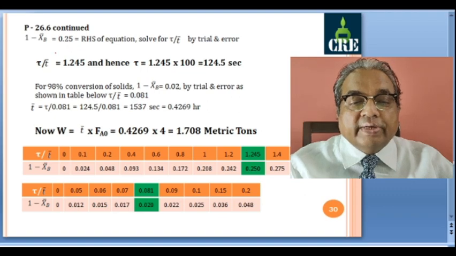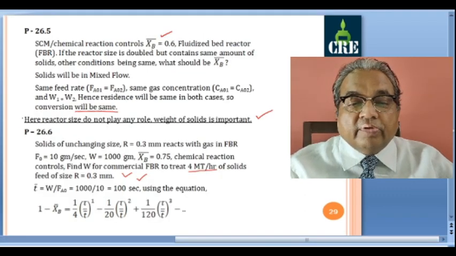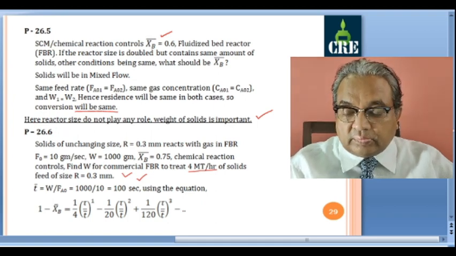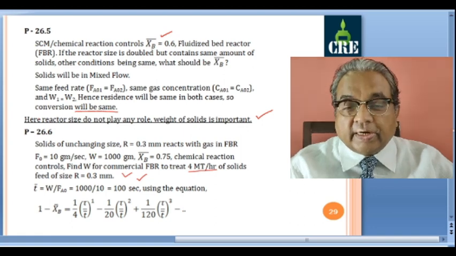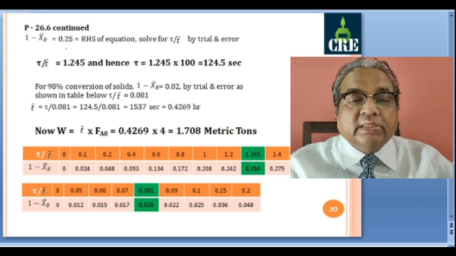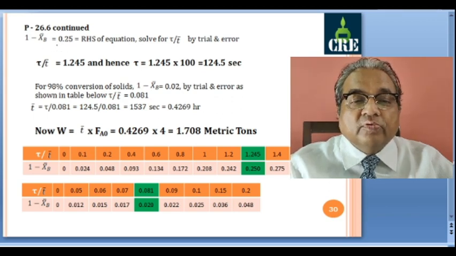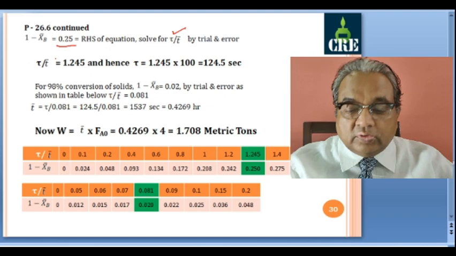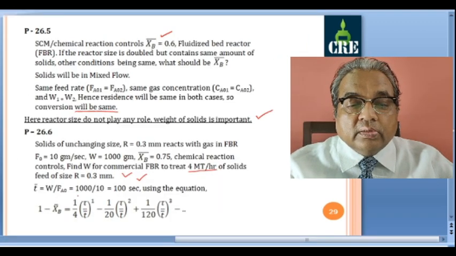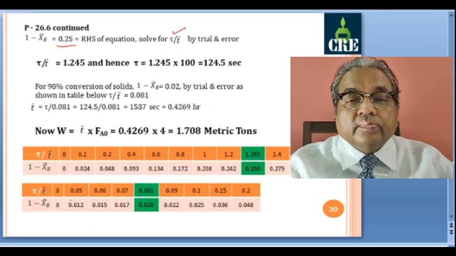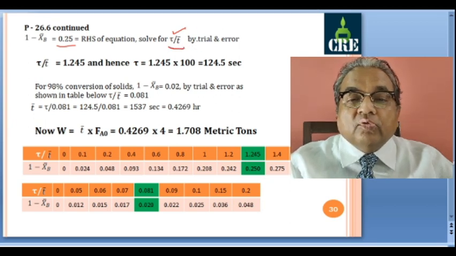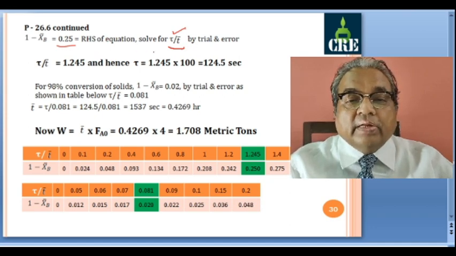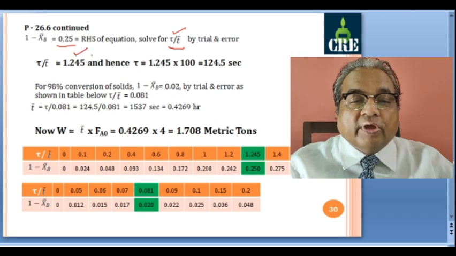for conversion of 75%, that is when the conversion is 0.75, this information I have, and then we have to extend it to a commercial fluidized bed reactor. So here 1 minus X_B bar is 0.25, because X_B bar is 0.75. If I use this and solve, this value of tau by T bar I have to calculate by trial and error procedure. And if I calculate, this value comes out to be 1.245,